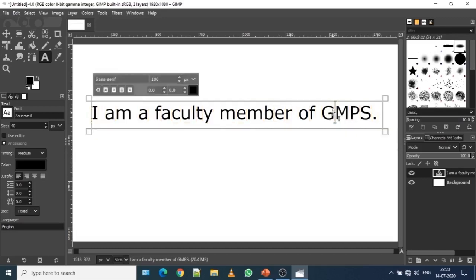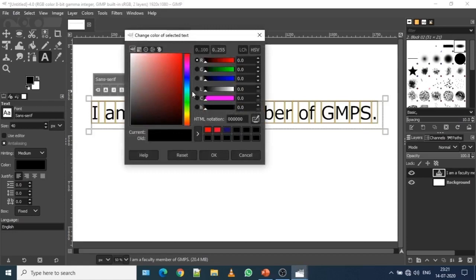Now if I want to change the color of the text, what I have to do is again triple click on the text on which I am going to make changes. Go to this particular area which allows you to change the color of the selected text. Now click on it and you will notice the current color is black and the old color was also black. If I want to make changes, I have to choose the color according to my choice.